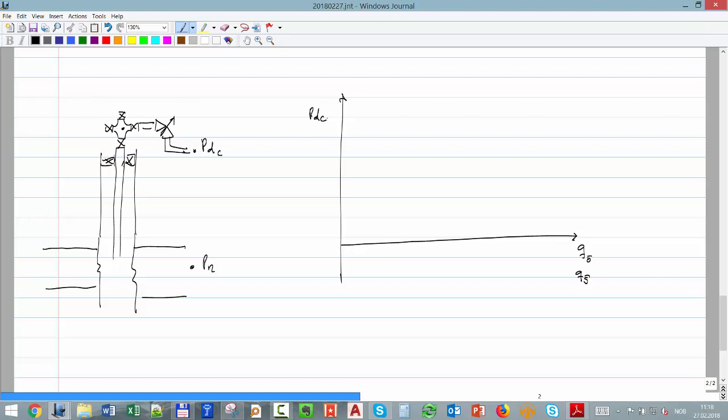Again, exactly which is it? So you have to think, is it the available pressure or is it the required pressure? I'm going with the flow. This is my constant pressure bound, and I'm going with the flow all the way to the wellhead. So in that case, I'm still in mode 1, and still the curve should look like that. If I increase the rate, I will get lower and lower pressure. Now I ask you, what happens? So let's say this is for choke opening